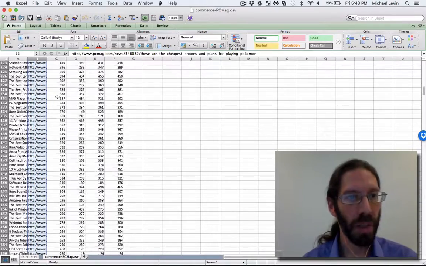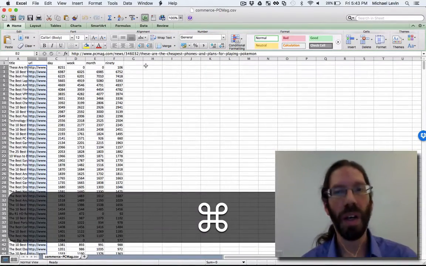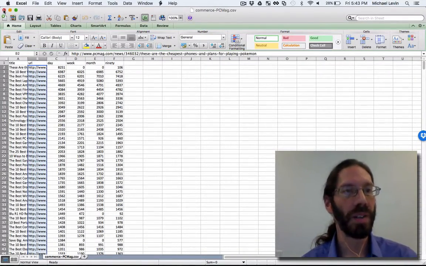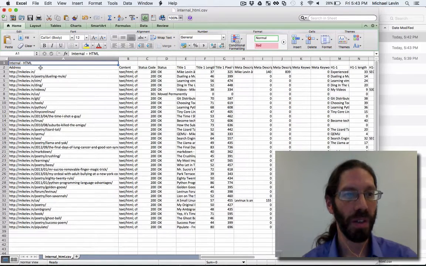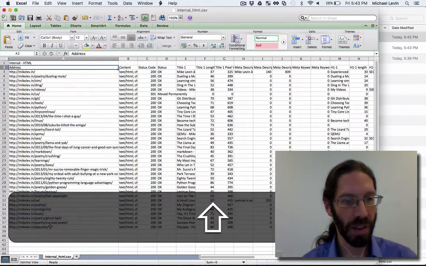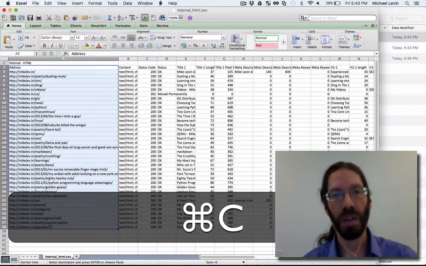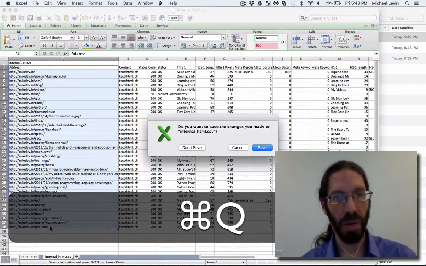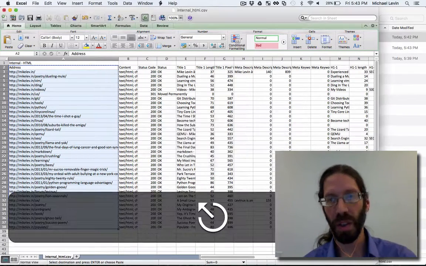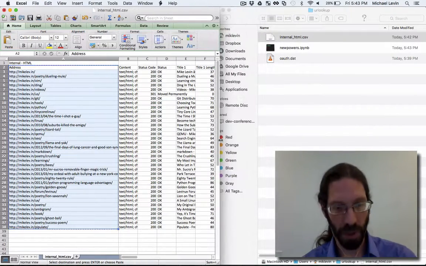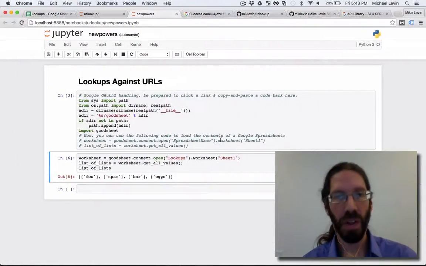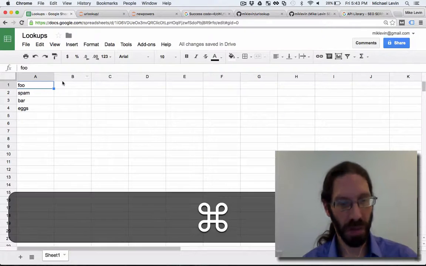That's not my site. Oh yeah, that's just Excel opening the last file I happen to have open. That's more like it. Information leaks, lovely. Keeping my mistakes intact for your benefit. Copy, quit. Okay, I'll keep it in memory just so that I don't have weird copy buffer purging. Copy, go over to Google Spreadsheets, paste it,